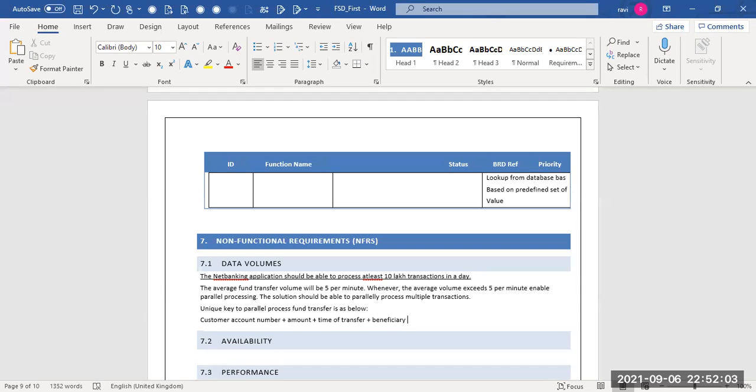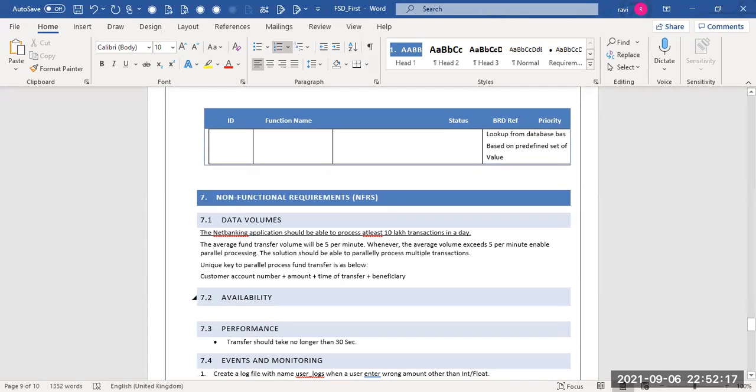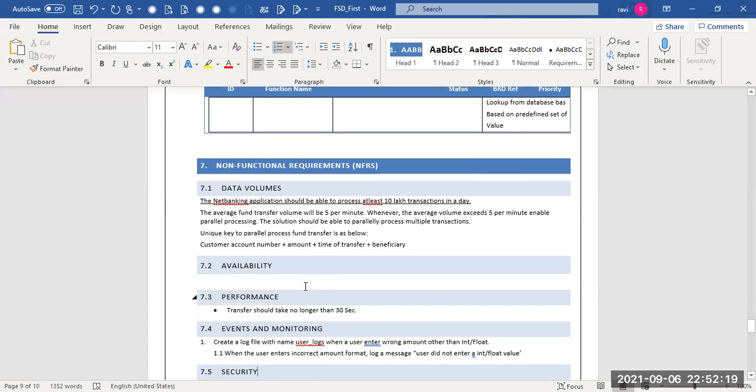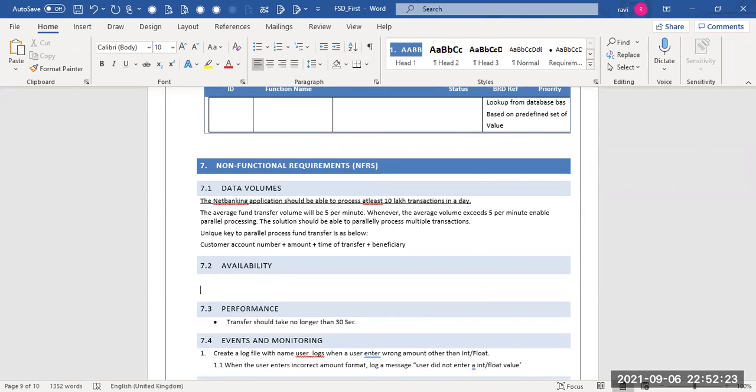Okay. So you're getting the difference, right? We are also telling how we need to achieve this. We are saying this is the requirement, but we're also putting in a lot of thought on how this solution can be achieved. For example, you are saying availability is 24/7, right? So what can you say here? Because the availability is 24/7,